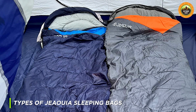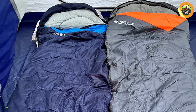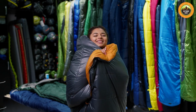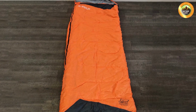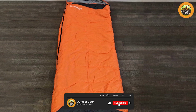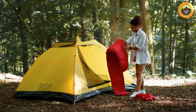Types of JEAOUIA sleeping bags. JEAOUIA offers a variety of sleeping bags to suit different needs and preferences. They have mummy-style sleeping bags which are designed to keep you warm in cold temperatures, as well as rectangular sleeping bags for those who prefer more room to move around. JEAOUIA sleeping bags also come in different sizes and weights, making it easy to find the perfect sleeping bag for